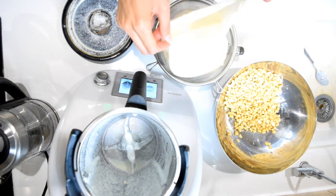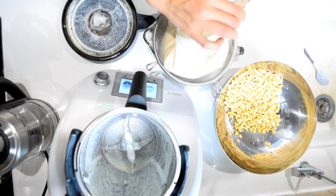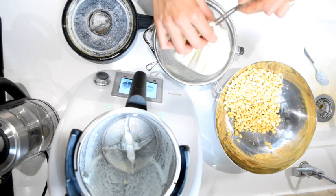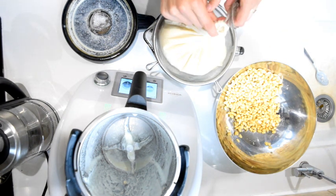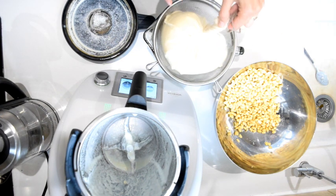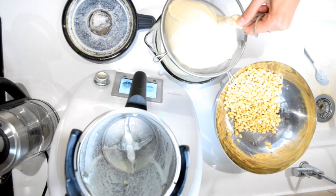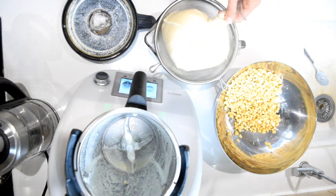gonna close that off, and we're gonna squeeze the liquid out. It's very hot, so I'll need some kind of spatula, so you can just roll it like this, and as you can see, the white lovely milky liquid is pouring out. So I'm gonna just